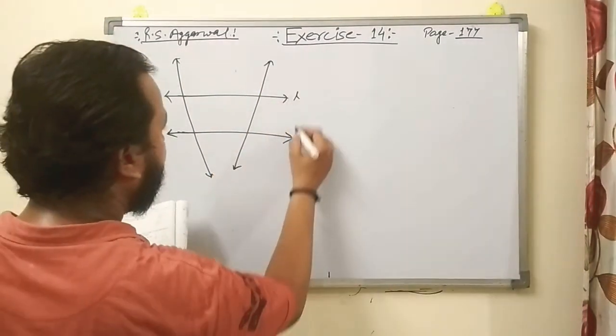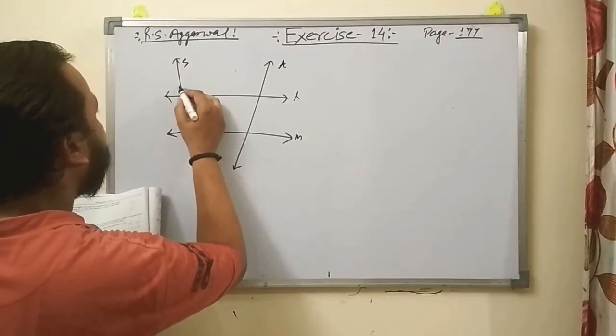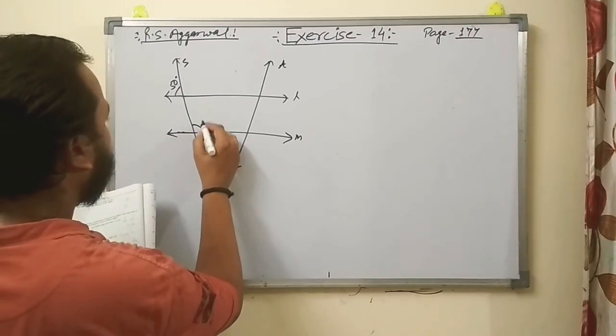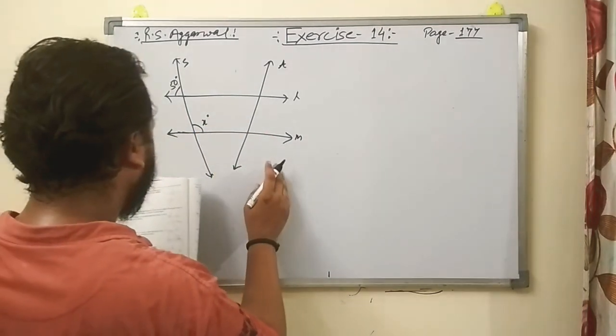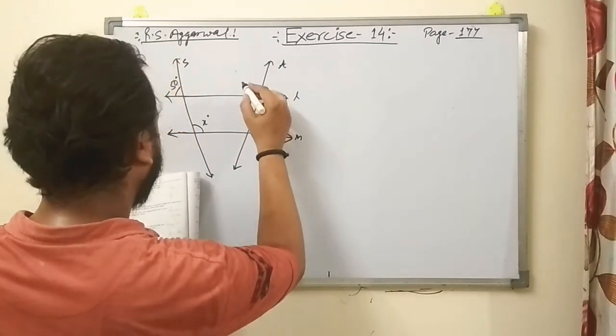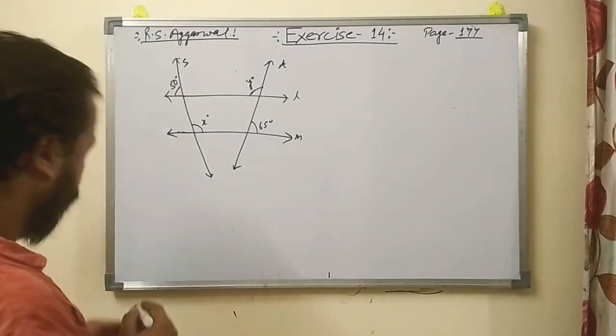So this is L, this is M, this is T, and this is S. S is making an angle of 50 degrees, right? So you have to find this angle, and here this angle is making 65 degrees. You have to find this angle Y, right? So what you have to do is,